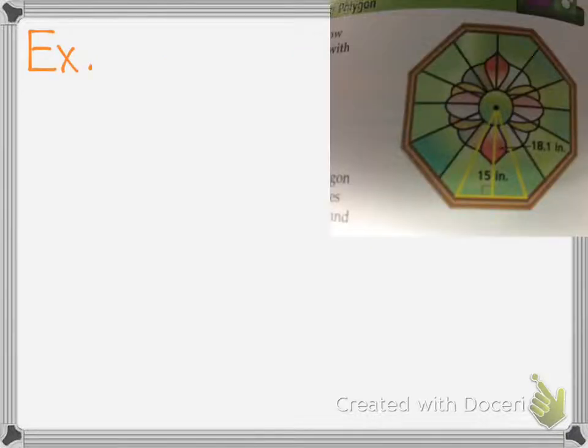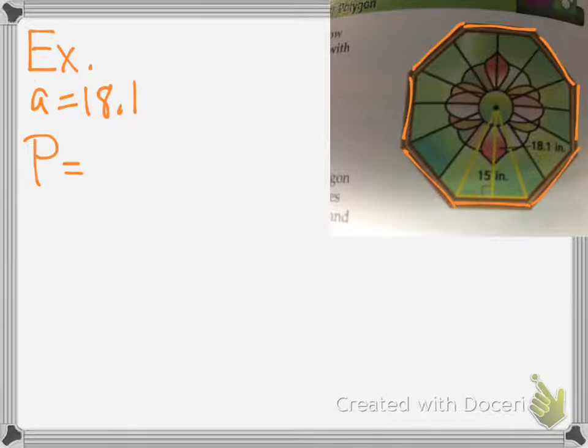Oh my goodness gracious, how many sides is this? Okay, first off, I can see that there's an apothem of 18.1. The perimeter, there's going to be, let's see, 1, 2, 3, 4, 5, 6, 7, 8. There's 8 sides. 8 times the 15 would be